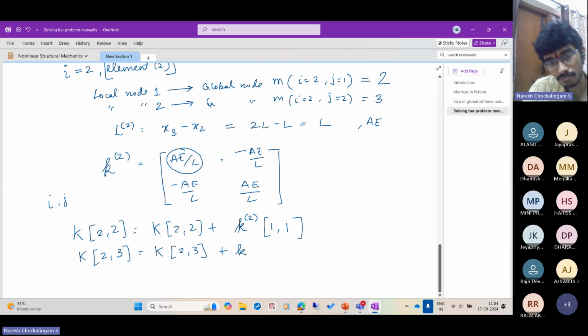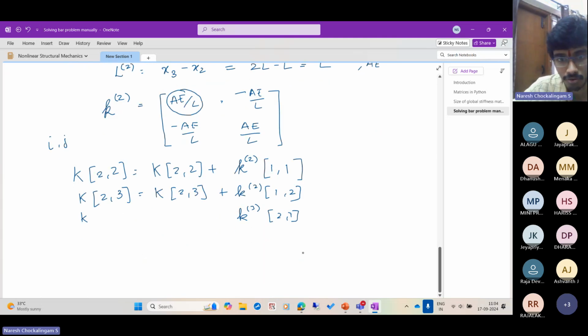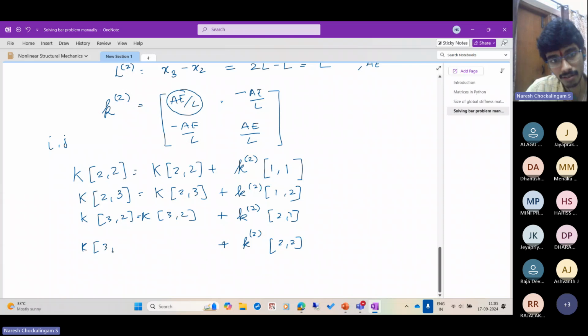So this will go like this, right? Or start from the right hand side. So where will 2, 1 go? And where will 2, 2 go? K2 of 2, 2. So these have to go somewhere. We'll see where it goes. So K of 1, 2 goes to 2, 3. And 2, 1 will go to 3, 2, right? So K of 3, 2 will get K of 3 comma 2 plus this, and here K of 3 comma 3 will be